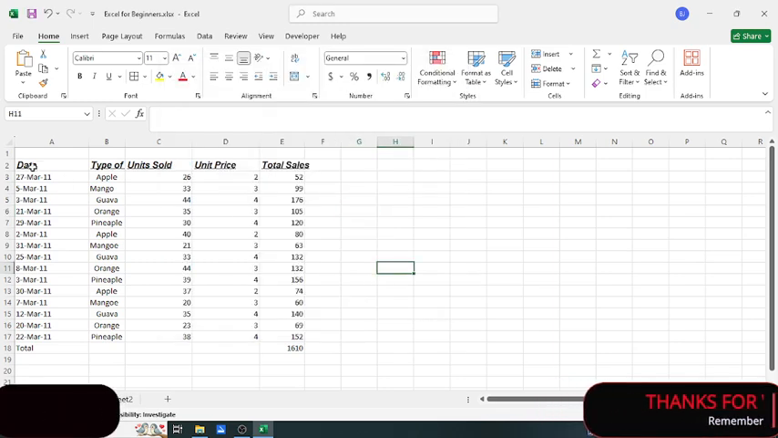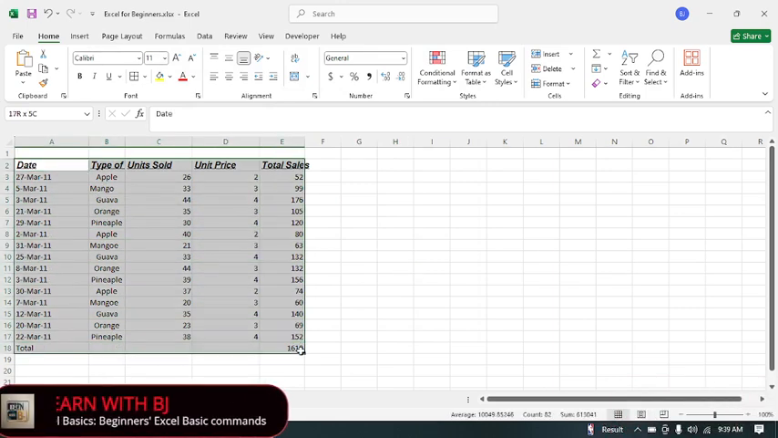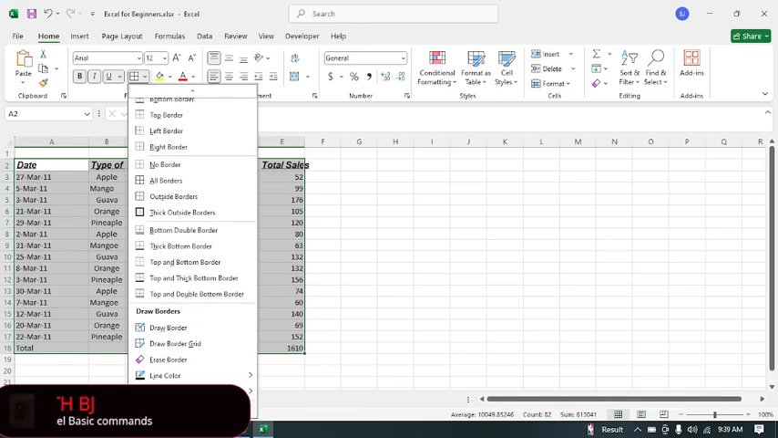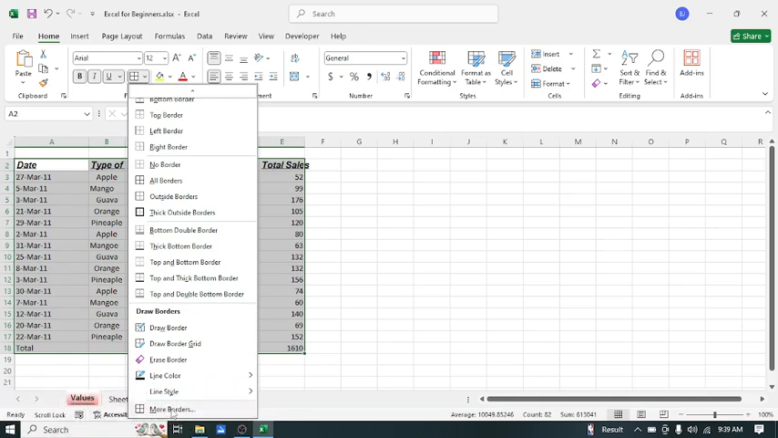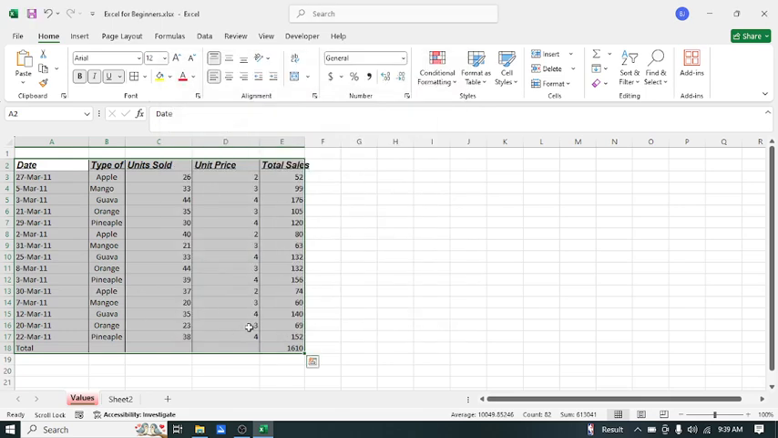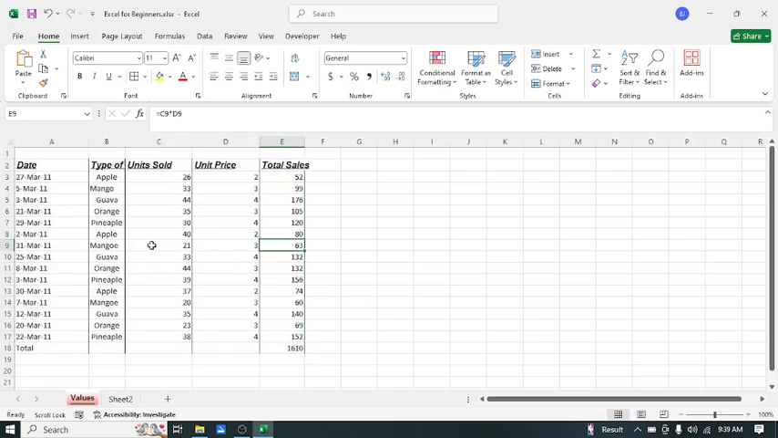So I will come here again and select all these cells, and I click this arrow here to give me the options of different types of borders. Then I go to more borders. Then I click here just on my left. I click on the middle, and then I click towards the end on my right, and I click OK. So now you can see we've created border lines